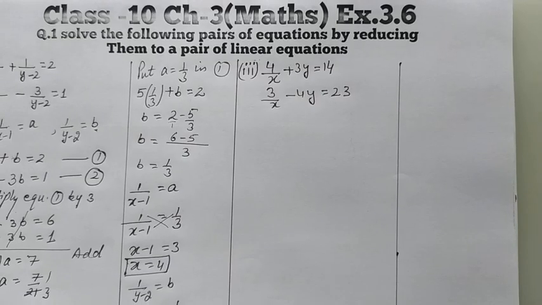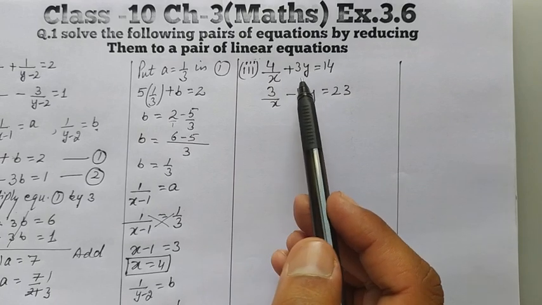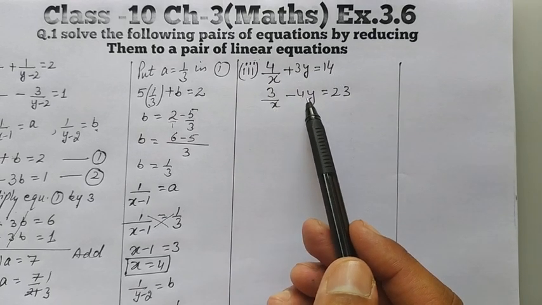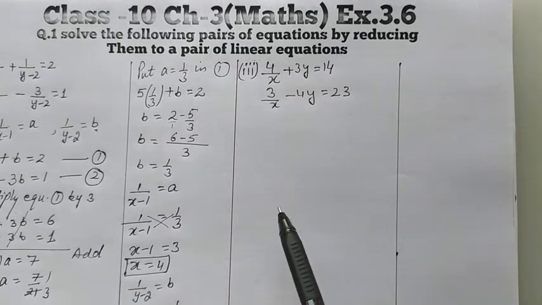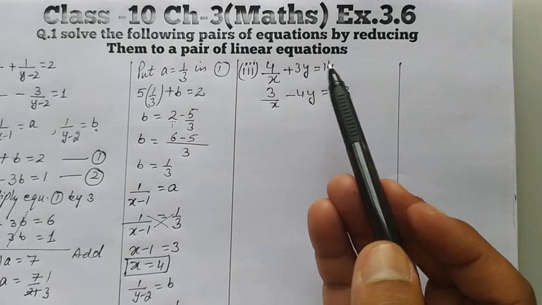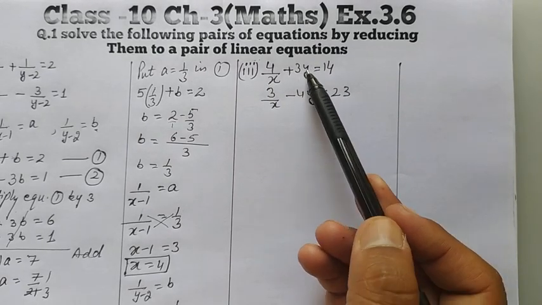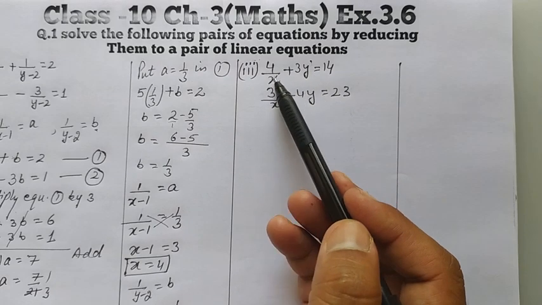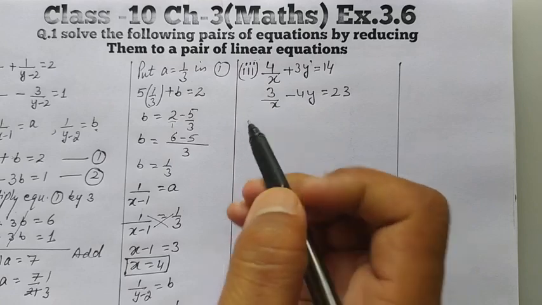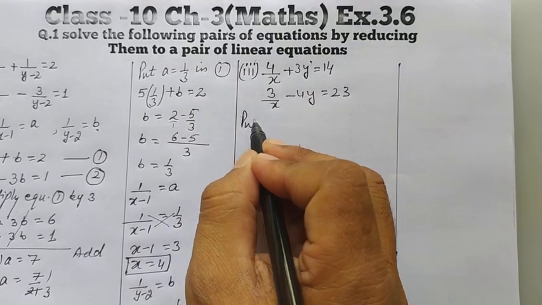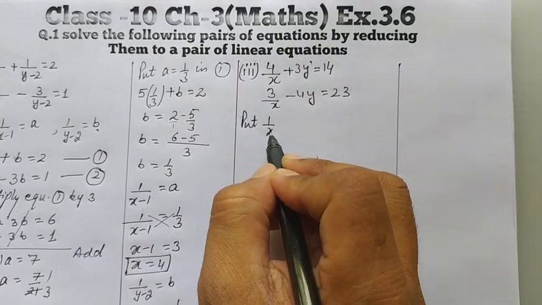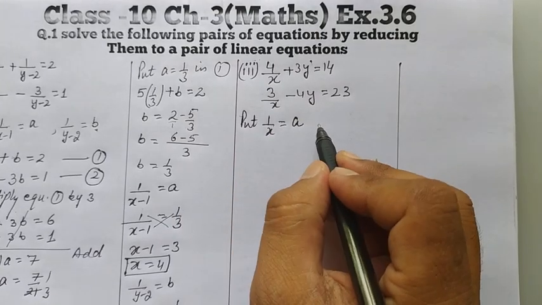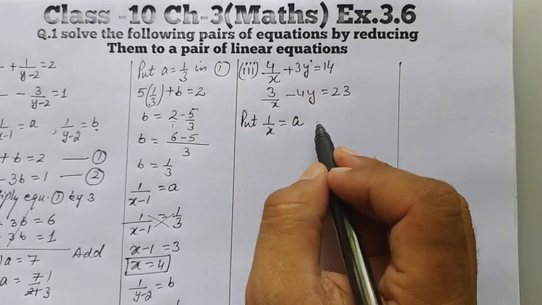Now let's do this third part. 4 over x plus 3y is equal to 14, and then 3 over x minus 4y is equal to 23. So here if you see, 3y and 4y are fine because their power is 1 already. Okay, so we need to change this 4 over x and 3 over x. So if I put 1 by x as anything, you put here a. Okay, so in above